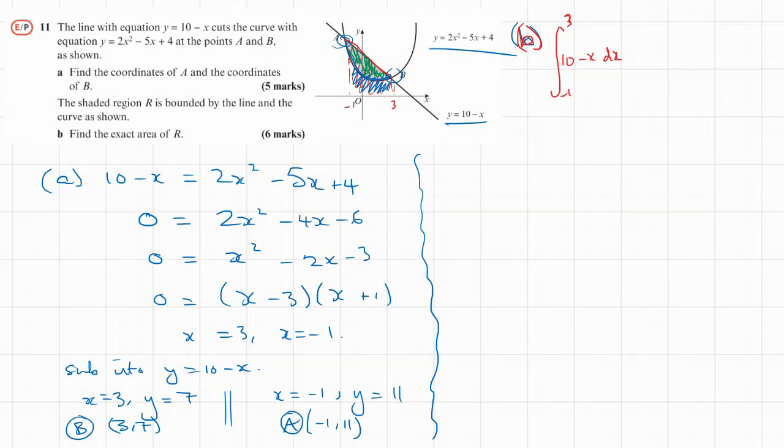I've never experimented enough whether if I do it the other way around, do I just get the same answer but negative? But I always think it's best to stop and think about which one you want to put first, which one's going to cover more area. I guess you could figure both of them out and then do the bigger one, subtract the smaller one, to eliminate any of that decision making, but I don't find it too hard from looking at the diagram. So subtract the integral between minus 1 and 3 of 2x squared minus 5x plus 4